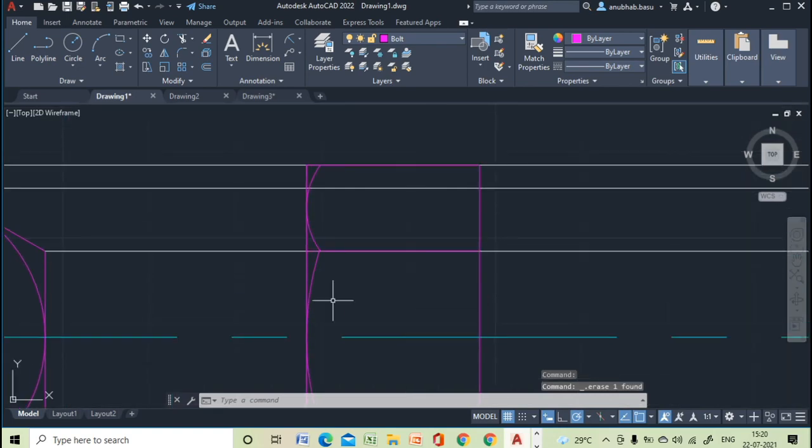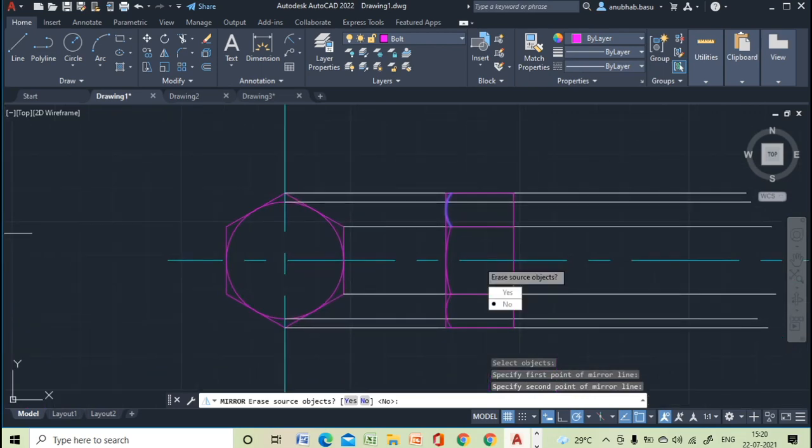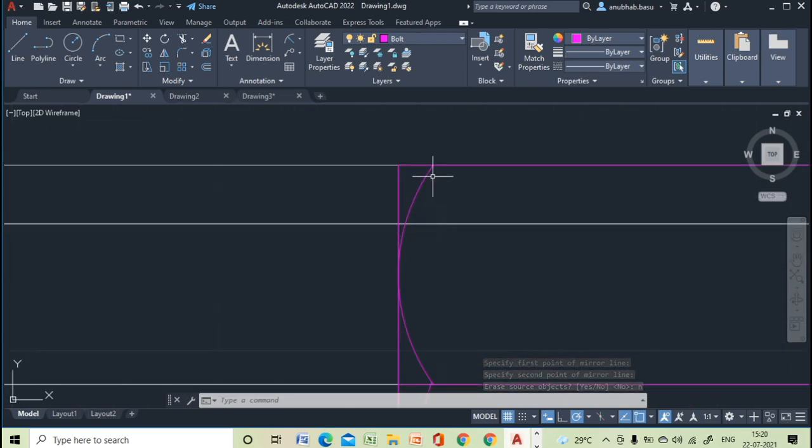Okay, now we can mirror this part. Okay, so now we have to draw this chamfer portion.